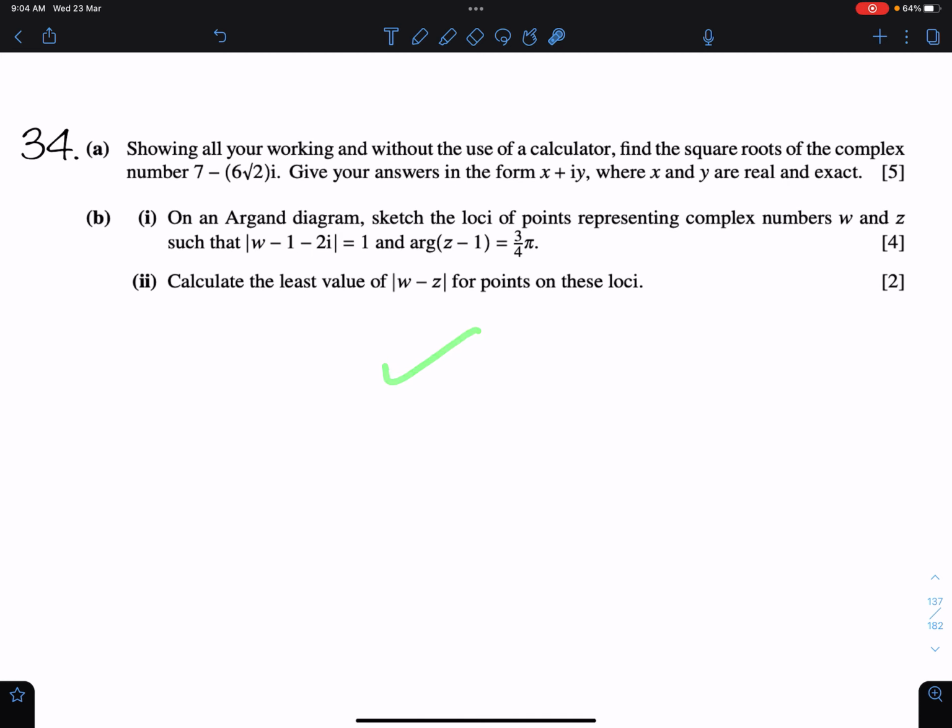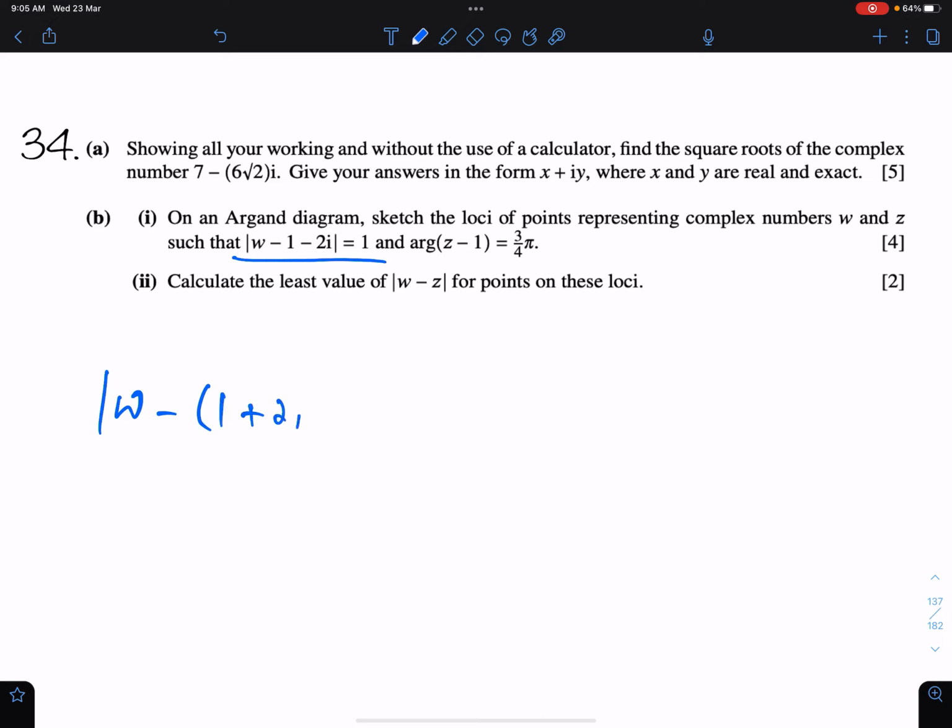Question number 34, part B1 and 2. Part 1. On an Argand diagram, sketch the loci of points representing complex numbers w and z such that modulus w minus 1 minus 2i is equal to 1 and argument z minus 1 is equal to 3 pi by 4. Well, this equation means